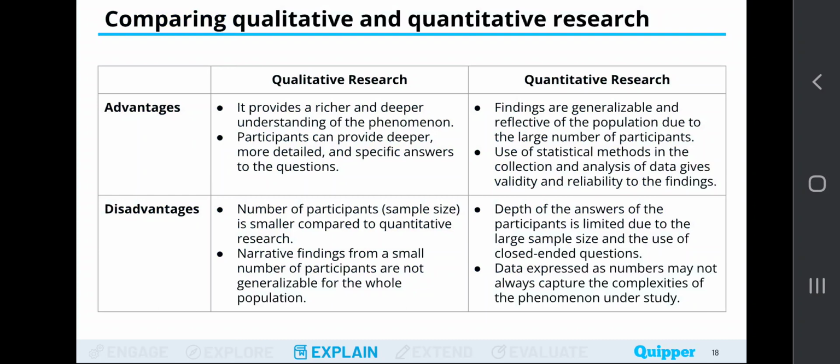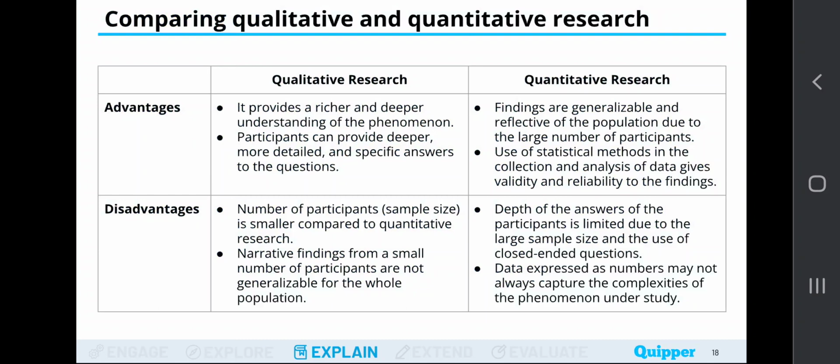That is why you need to ask close-ended questions in order for you to gather the data in a timely manner or pace. Another disadvantage of quantitative research: data expressed as numbers may not always capture the complexities of the